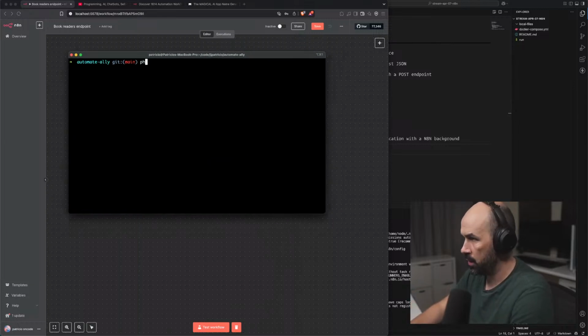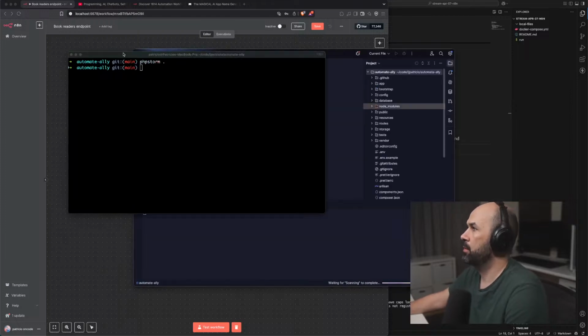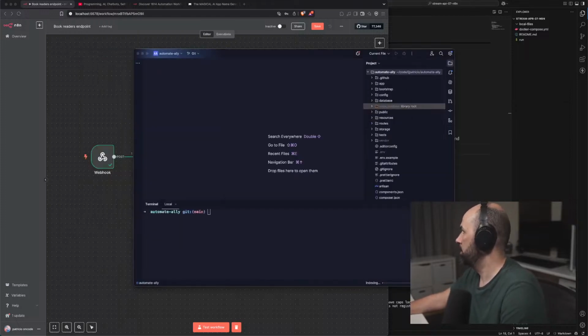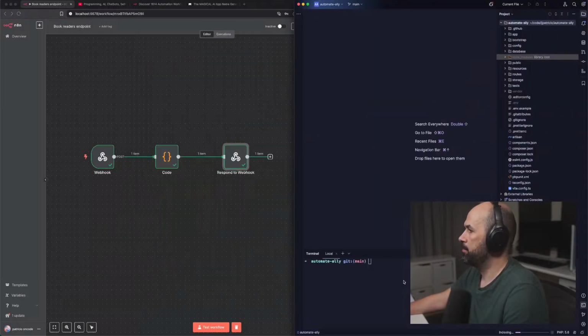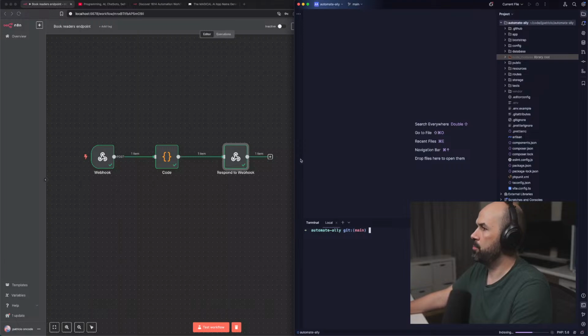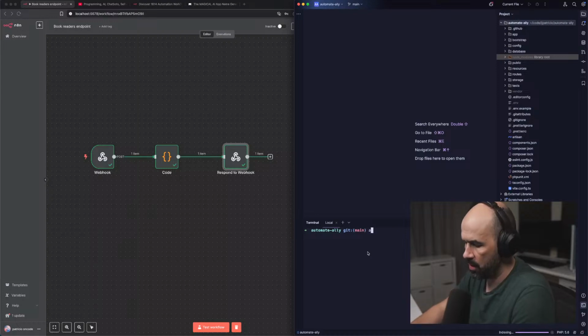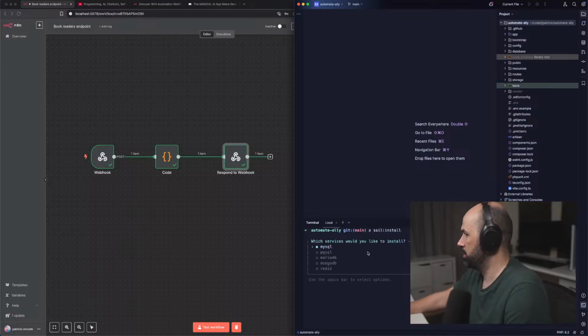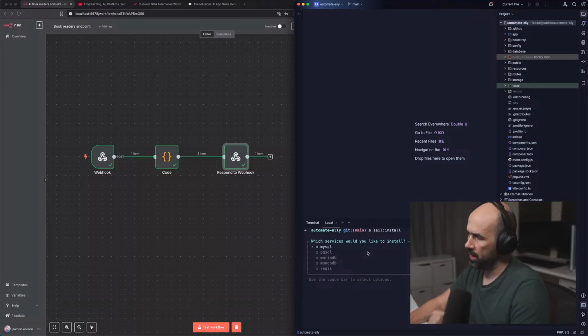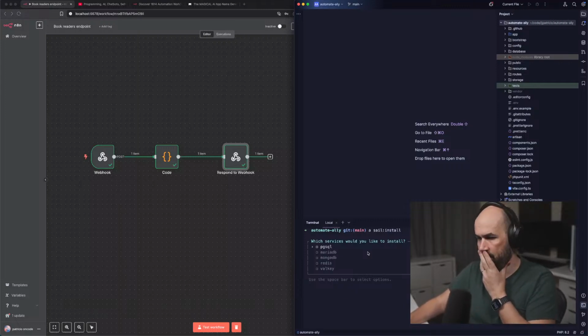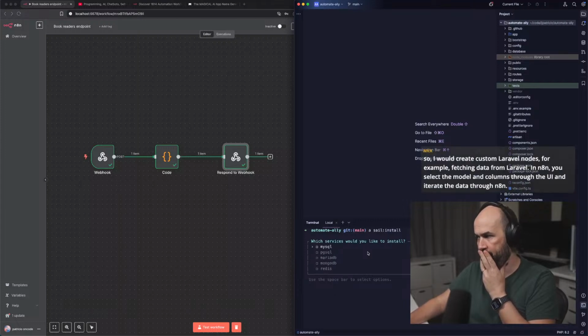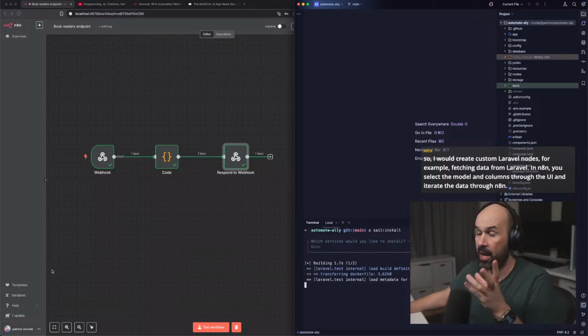So if all goes well, I'm just gonna go and open it. And sure, let's go. I'm going to sail install, artisan sail install. We'll have, I don't know, SQLite even just for the database. I don't care much about the database, so let's install nothing. Let's just have the container and the compose, and we'll add